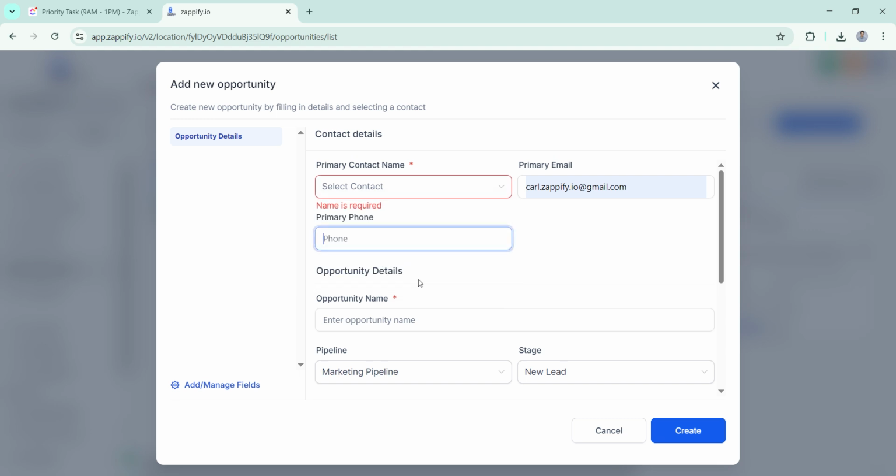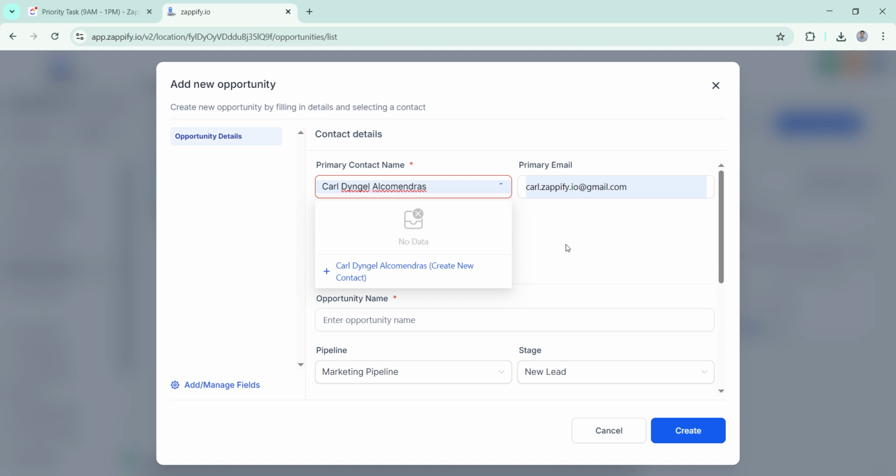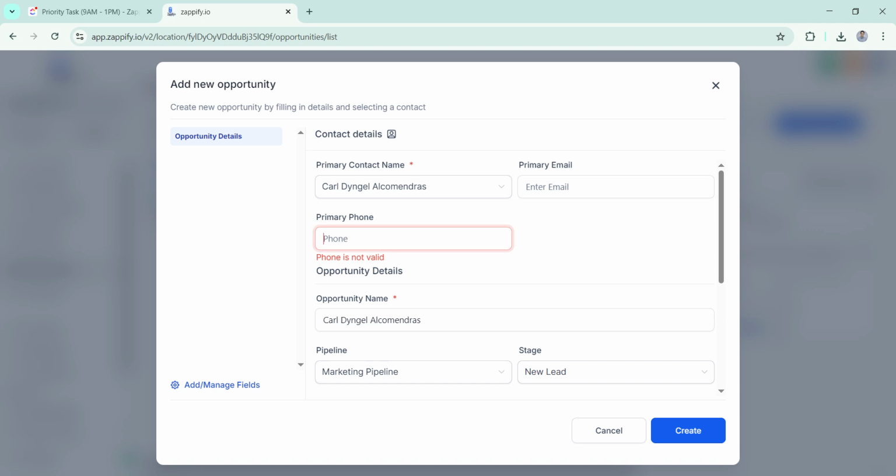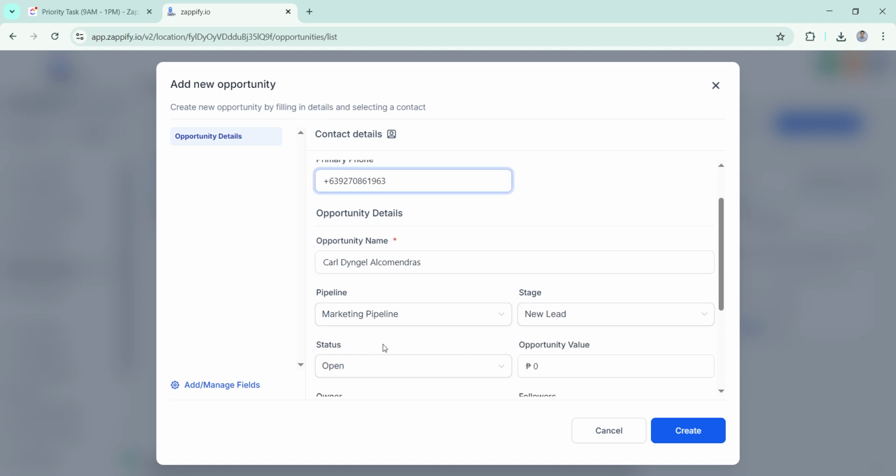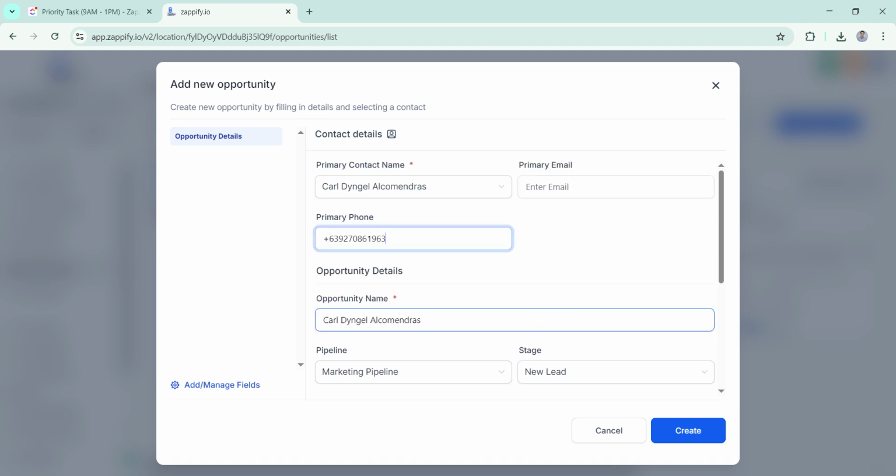then phone. And then primary phone number, marketing pipeline, opportunity name.